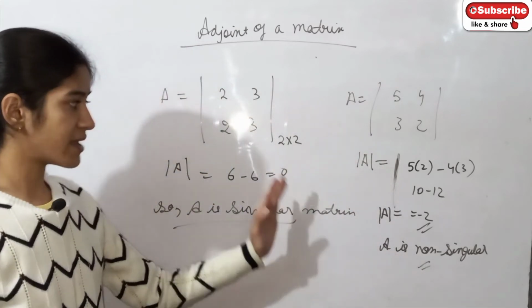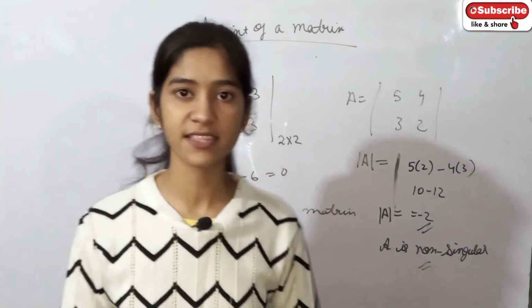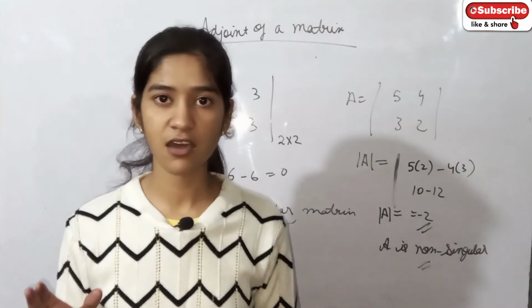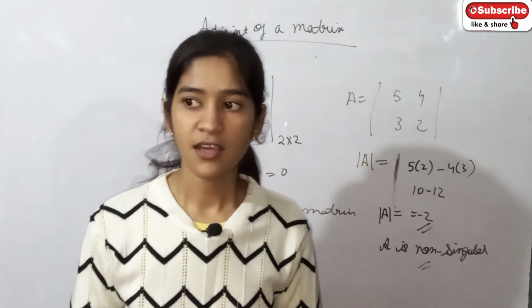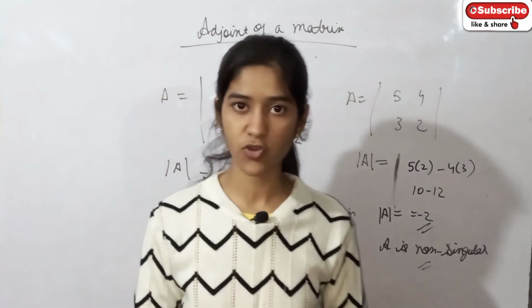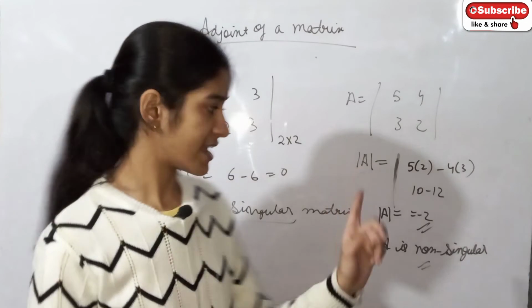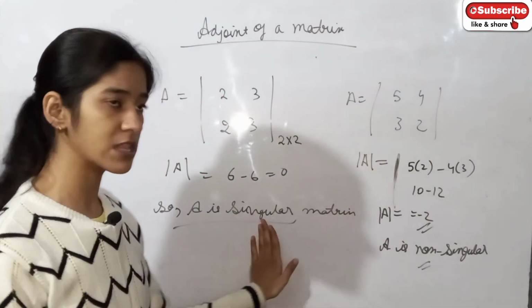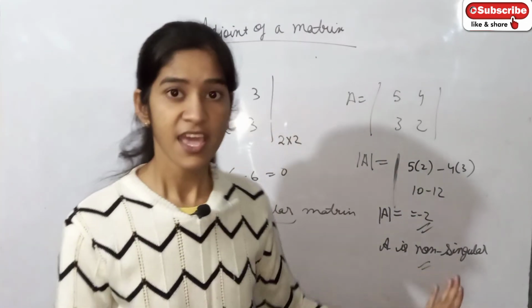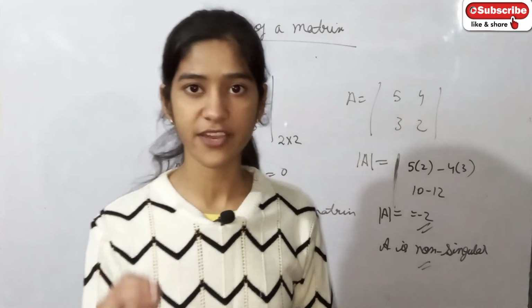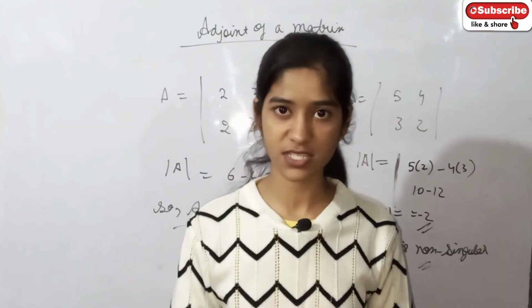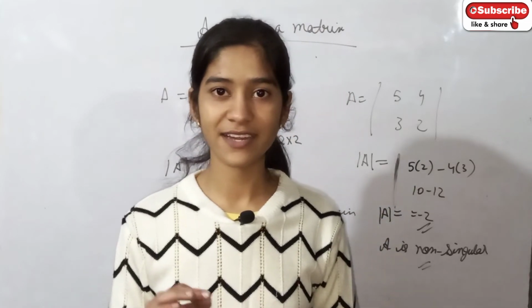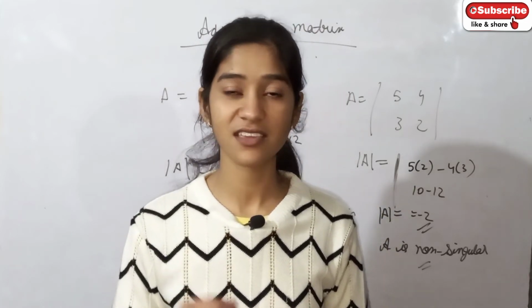This is basically used in the concept of finding the values of the variables when equations are given, that whether the equation is consistent or inconsistent. In that case, we have used the concept of singular matrix and non-singular matrix. Here I am just giving you a feel of what is a singular matrix and what is a non-singular matrix. If the matrix is non-singular, we simply write that it is consistent and a unique solution exists,